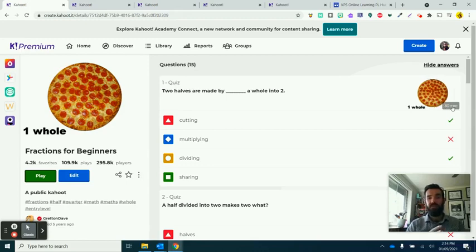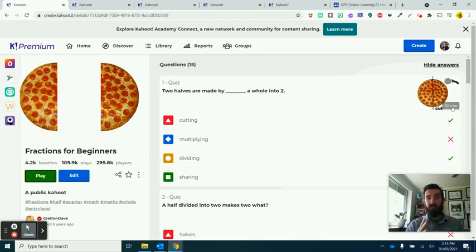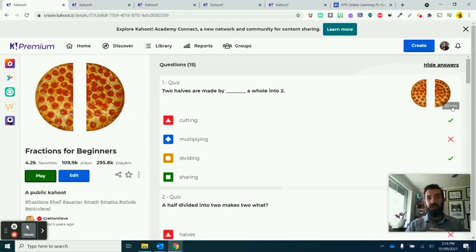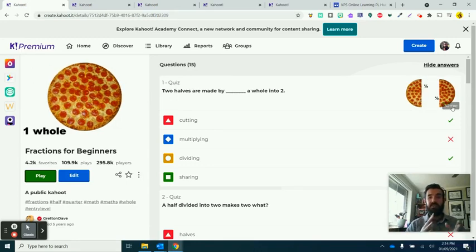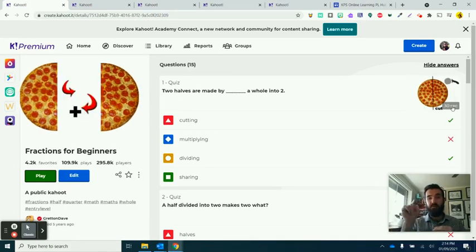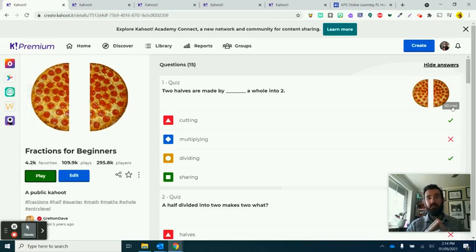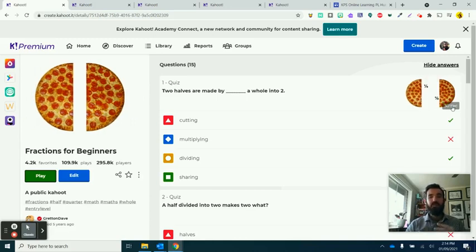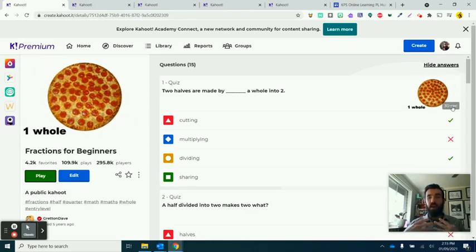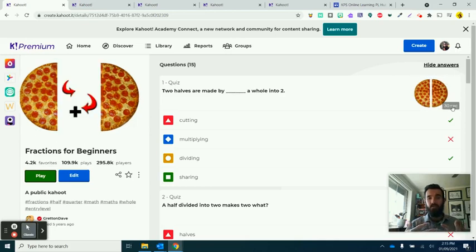You can also use this as a formative assessment in the middle, or even somewhat of a summative assessment at the end of a concept to really see what students know, because their name is tracked against their data of answers if they filled their name in correctly. So that's one way of using Kahoot, and it can be done live in the classroom, and you can do